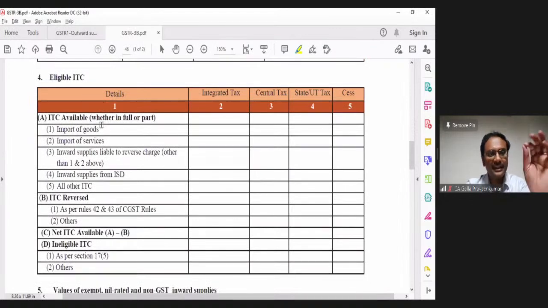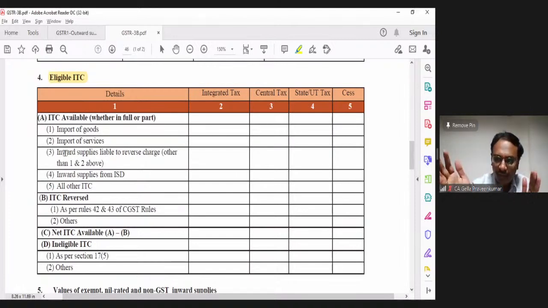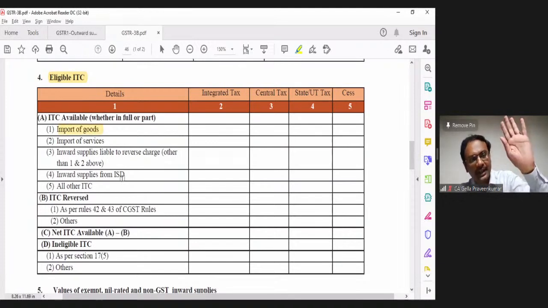Now, I'll spend a little time because this is a hardcore understanding for all of you. When you are filling your data in table number 4, eligible ITC, this is one important data you have to give utmost attention. Now, these days, as I said, when you've come on your examination leave, a lot of changes happened in the returns. One of those changes: auto-populated data in table number 4. Import of goods. When I import material where I file a bill of entry, I pay customs duty along with IGST. That is called import of goods. My data from the ICEGATE portal is auto-populated in table number 2.